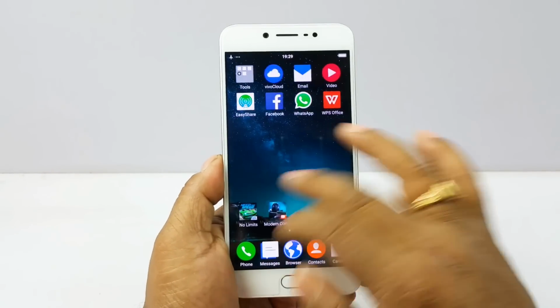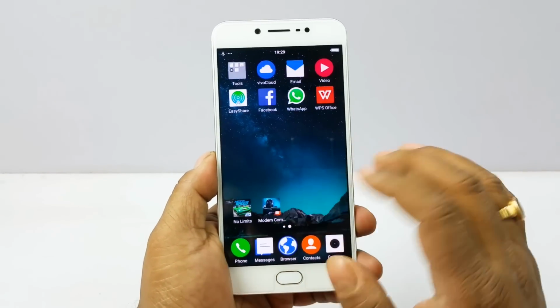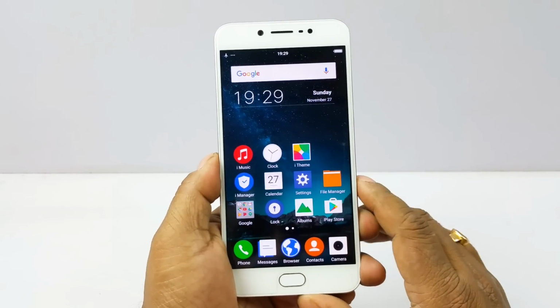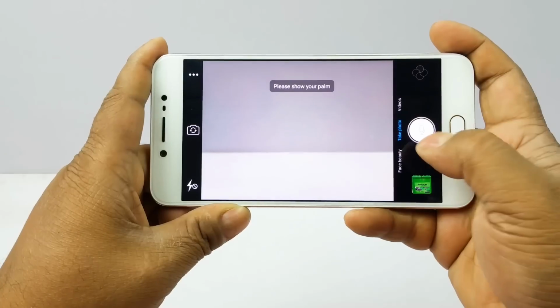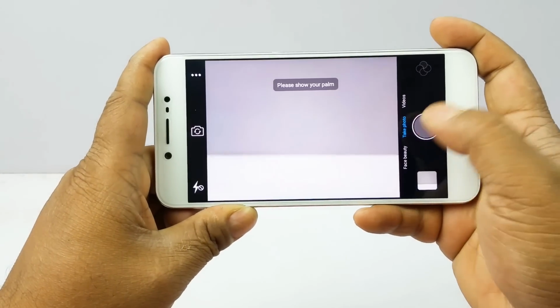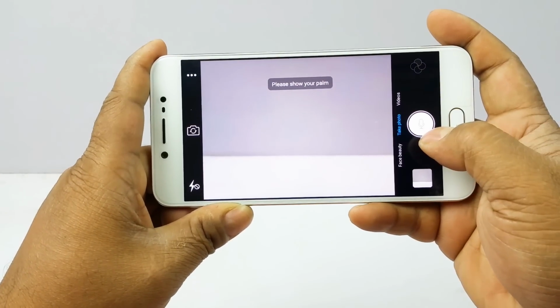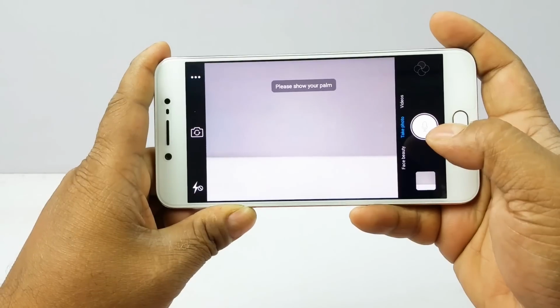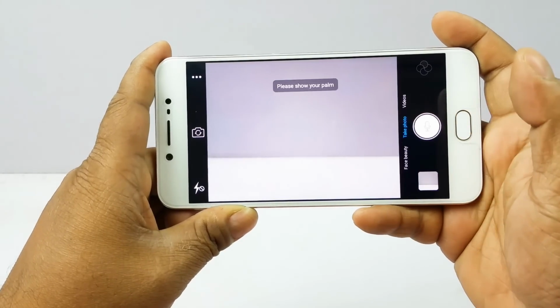Overall, the user interface is very smooth and fluid, and we did not face any lag in our daily use, thanks to the octa-core MediaTek processor. The camera UI is simple, you can see. And I have this voice icon here because I have the voice shutter enabled. And it automatically takes